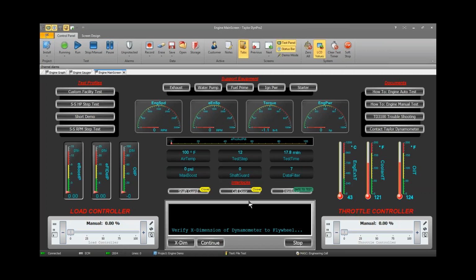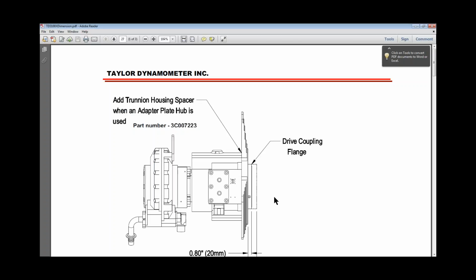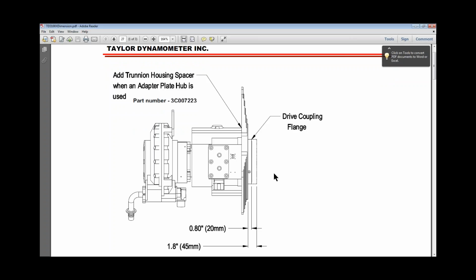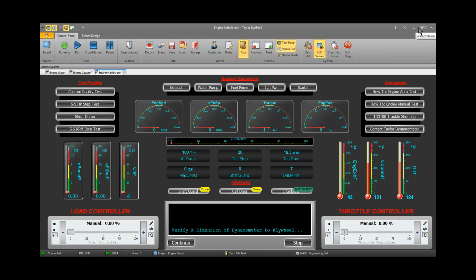For today's test, we're going to be using our Taylor TD3100 portable dynamometer, which a few of you are familiar with. And for example, the first prompt provides the operator a chance to quickly reference a page in the TD3100 manual. This pull goes directly to a setup page in the manual referencing the X dimension. I can close this. Once I hit continue,